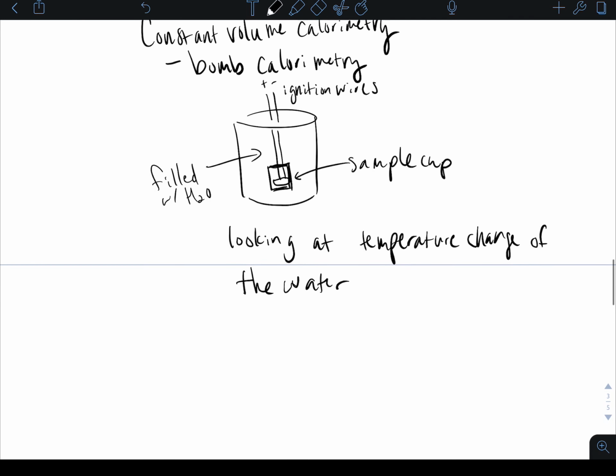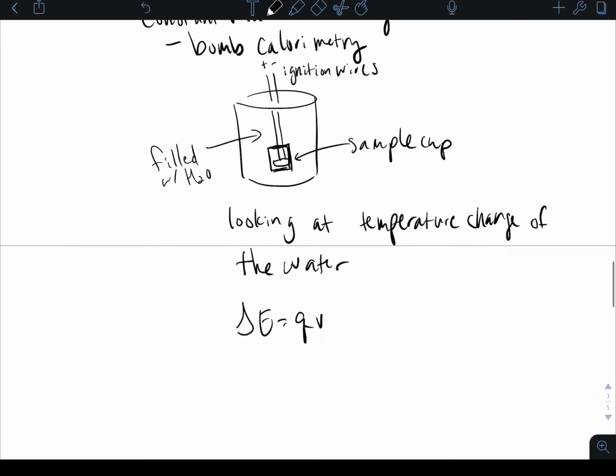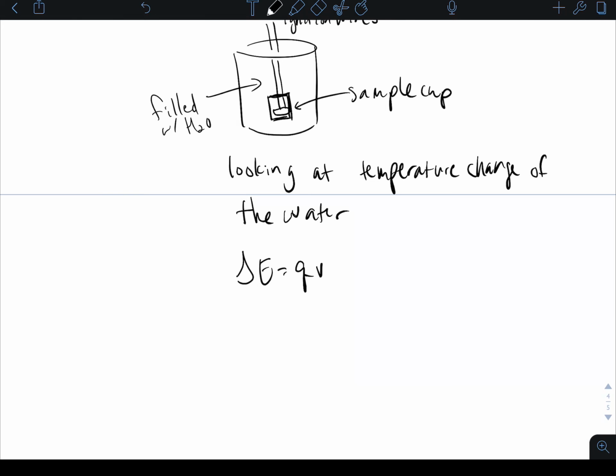Okay. So here, since we have constant volume, our delta E is going to be equal to our Q at a constant volume. So now we're looking at our internal energy instead of our enthalpy. And what we get is this is generally used with a standard first and then used on other reactions. So you get your Q of your reaction is equal to the negative C of your calorimeter times by your change in temperature. So this is determined